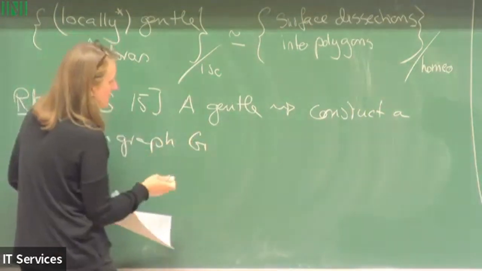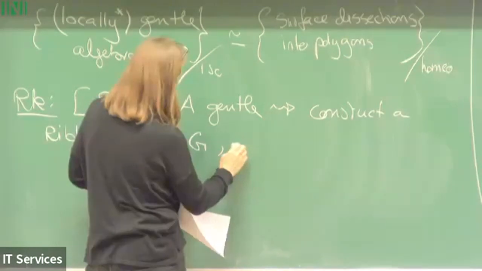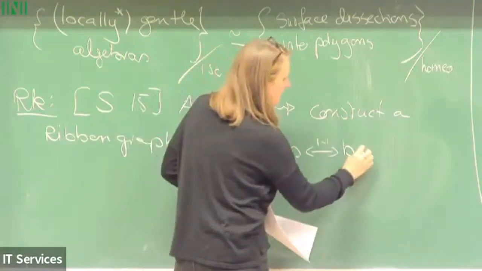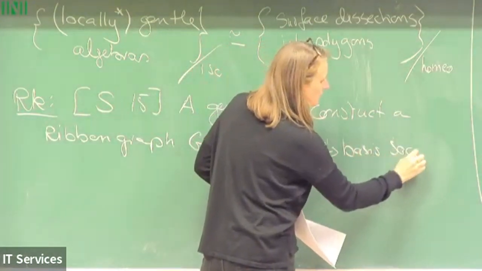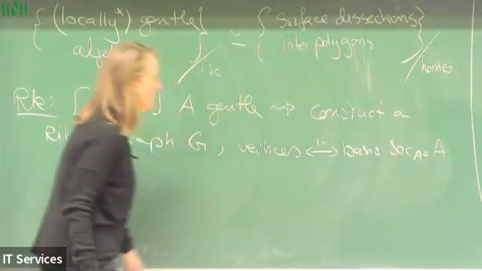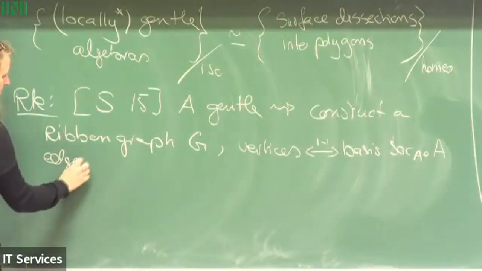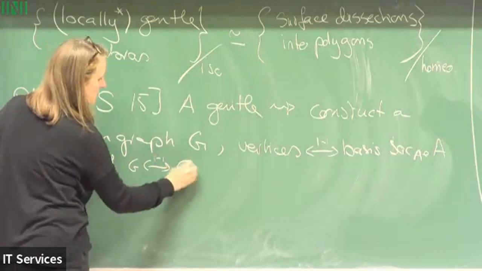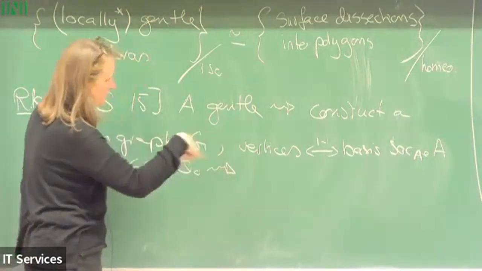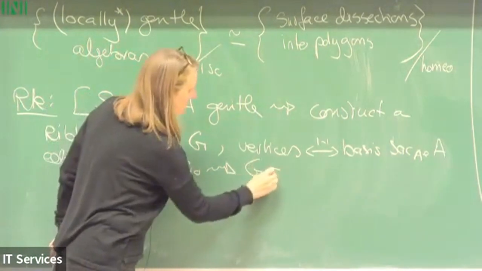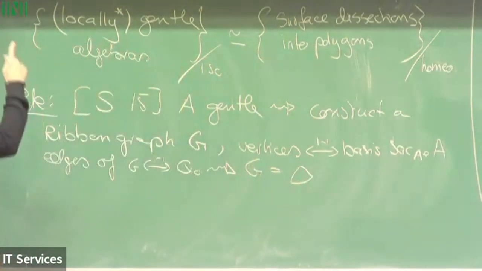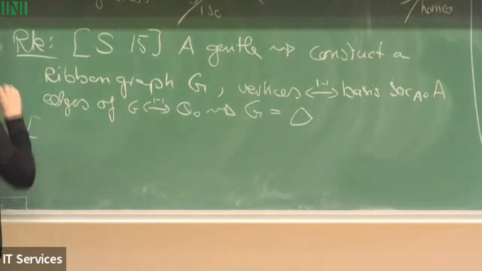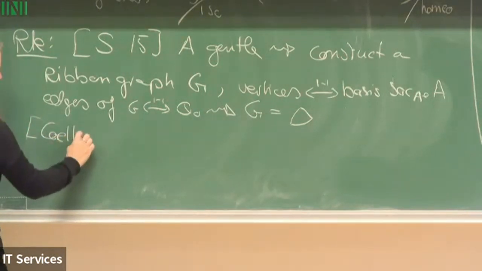G, and in what way? So that the vertices of that ribbon graph are in one-to-one correspondence with basis elements of the two-sided circle of A, and of course the edges of the ribbon graph are in bijection with Q0. And then there's some ribbon graph structure, and with that, really the G and delta turn out to be the same thing. Okay, and then this was also considered by Coelho and Bauer